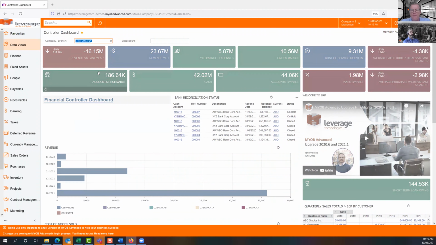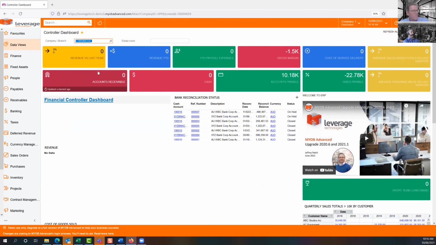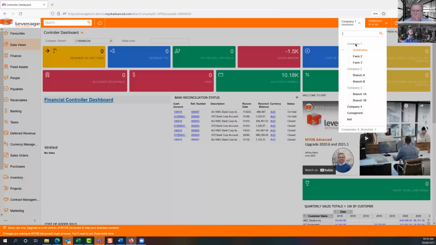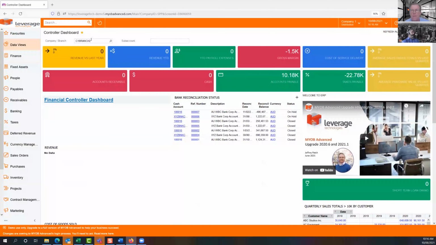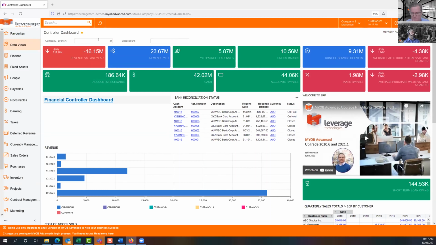So I've got a number of companies or branches. Brett spoke to the fact that this system is a multi-company, multi-branch system. And as you can see, I've got 6 companies and 7 branches in this particular data set. And I've just updated my dashboard so that it represents the data from a particular branch. And I can quickly update my dashboard so that it represents the data from any other branch or the overall